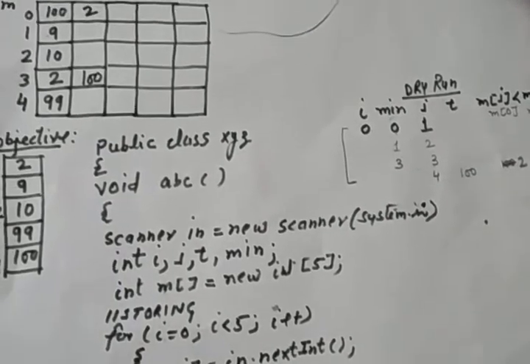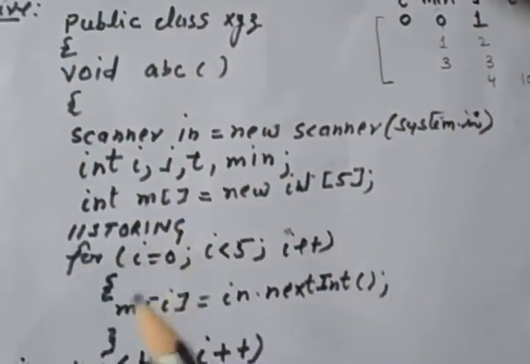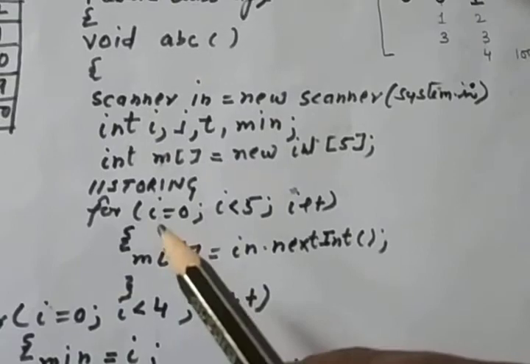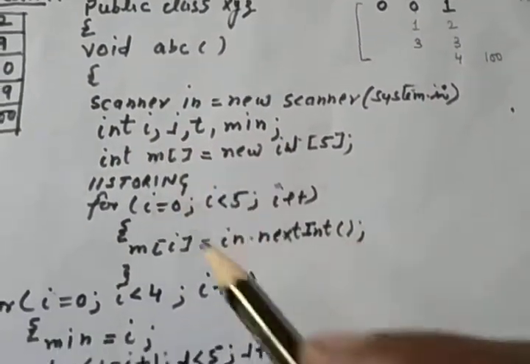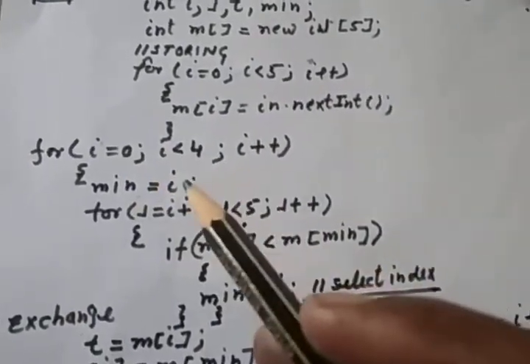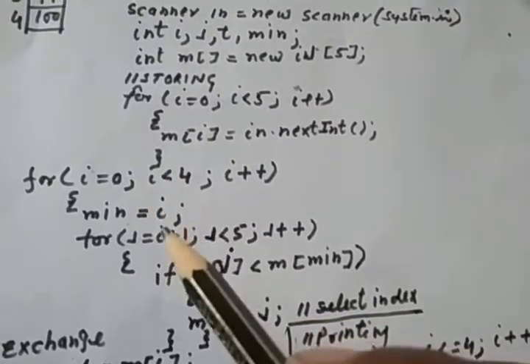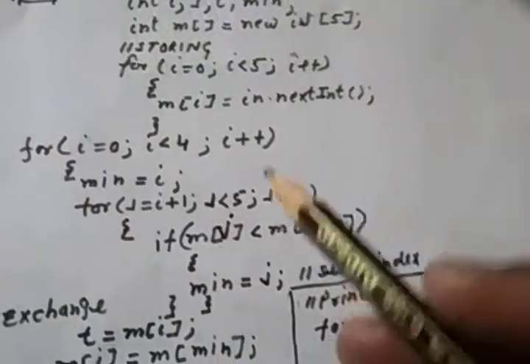Students, now I am explaining the program to you. If you see here, this is storing everything. This is the declaration of the array. Now this is a very important point, the logical part: how we are implementing the procedure which I explained to you in the previous video.